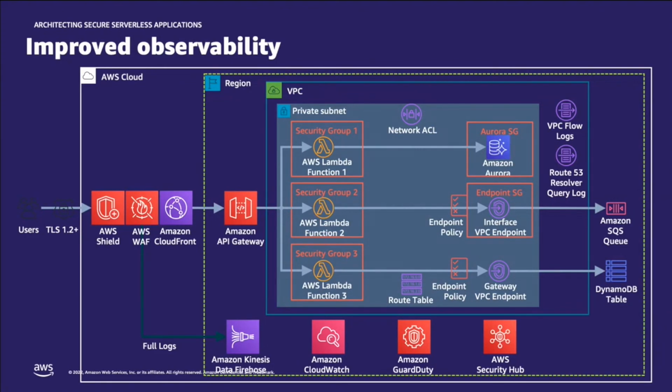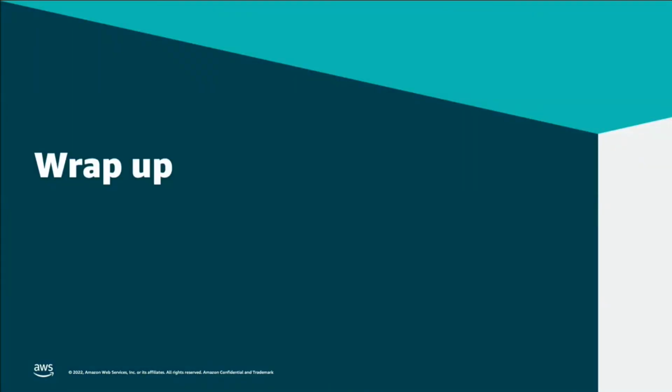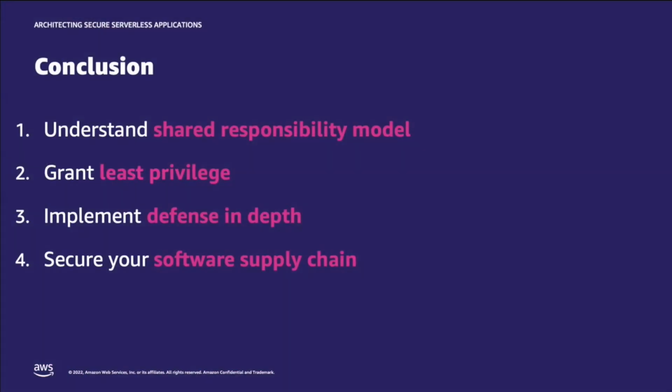So just as a wrap up, remember, these are the four key principles you've got to have in mind when designing your application. Understand your shared responsibility model, grant least privilege, implement defense in depth, secure your software supply chain. So these are the four key measures, and we discussed some of the best practices and ways to tackle and solve these